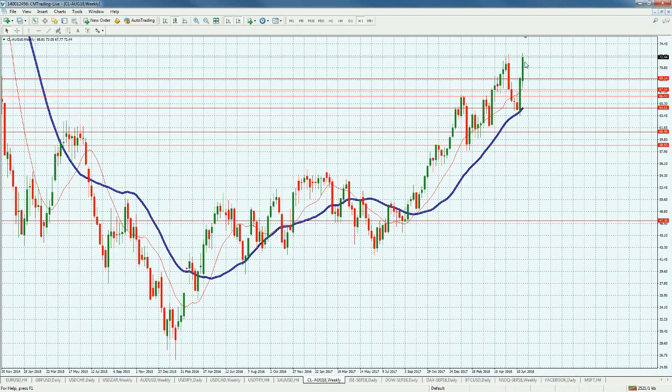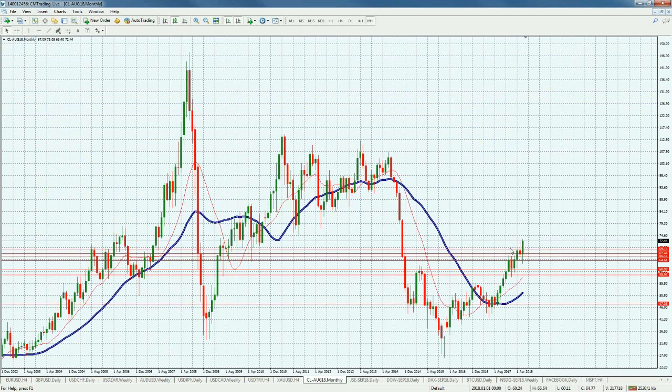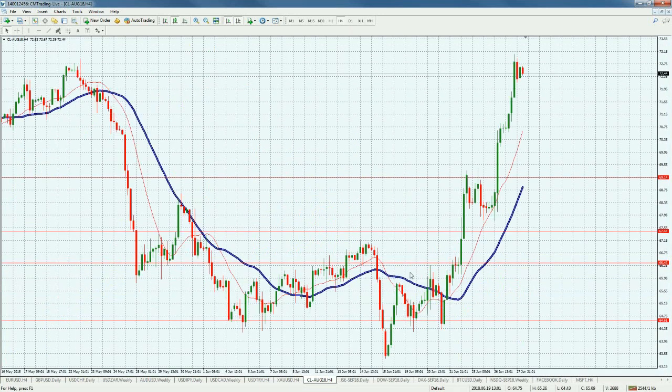So if we do break this area with some velocity, this could go back into the $80 range. Okay, this is definitely the next real resistance level. It's 79.30, close enough to the $80 range. So that's really important if you're going to follow this throughout the day and this continues this massive rally for